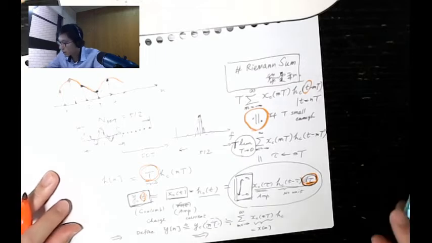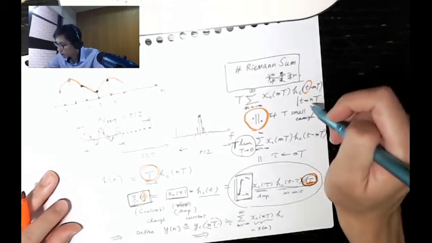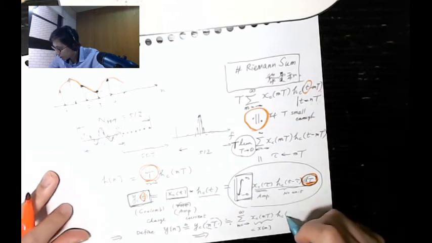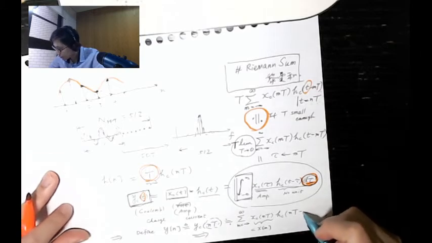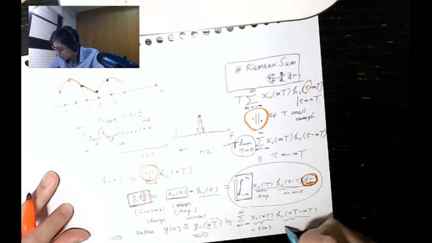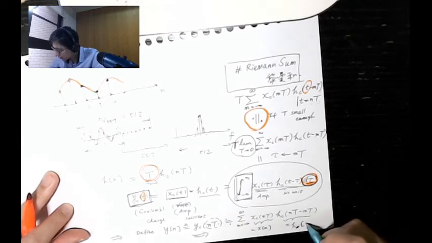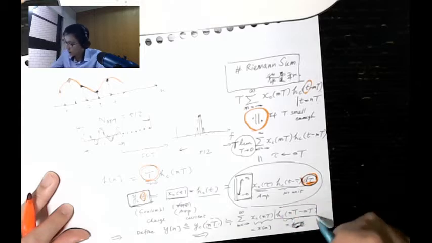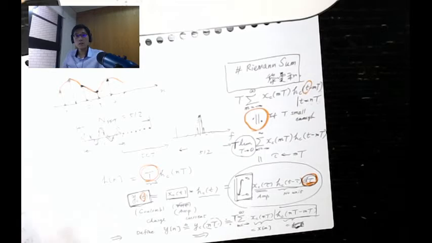Here we are substituting the time t with n times our sampling period. Then here we have hc of n times t minus n times t. And what is this? This is equal to h of, no, h, not c, h of this. This is what it is, and with a t in here. Let me put another piece of paper.